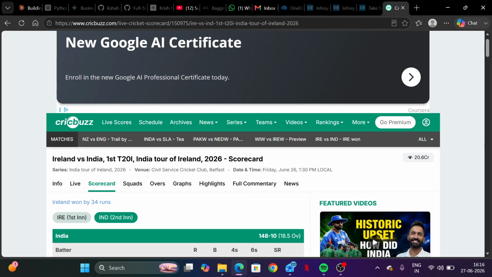So I think this is a curious angle which nobody is talking about, and I am laying it out to you all. Should Rajat Patidar be included in the current Indian setup? Doesn't he deserve a spot in the middle overs? Why don't you take a player when he's in the form of his life?